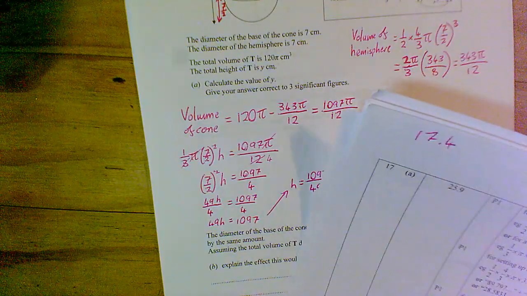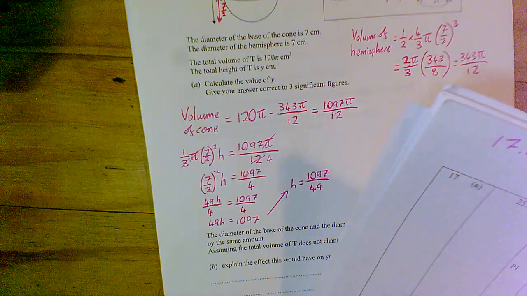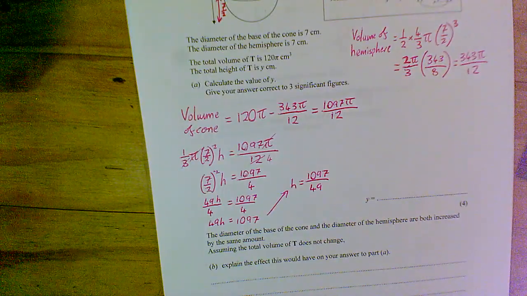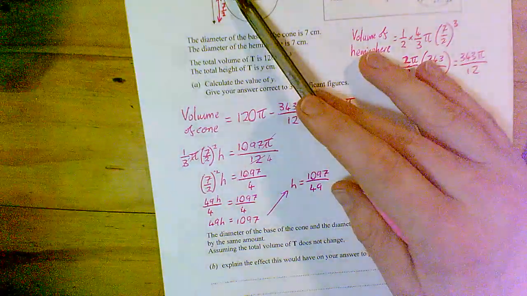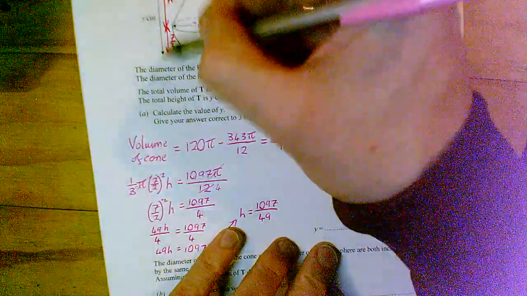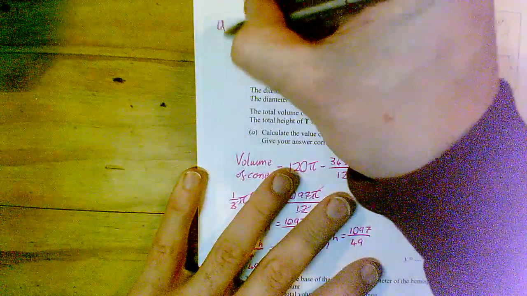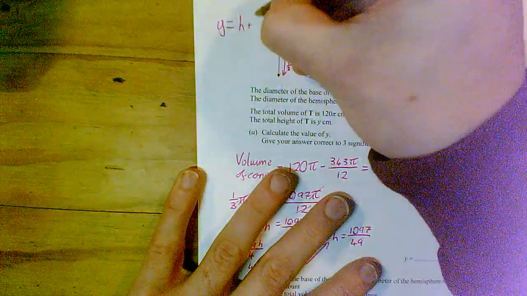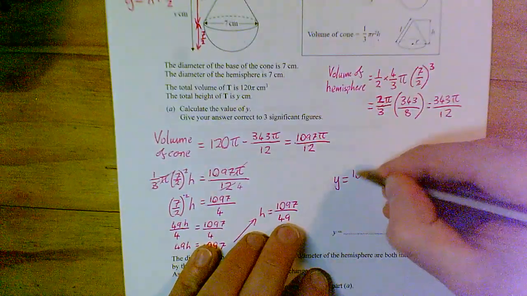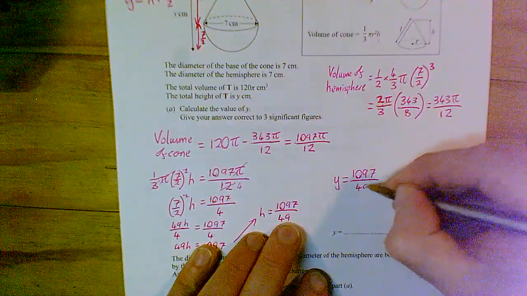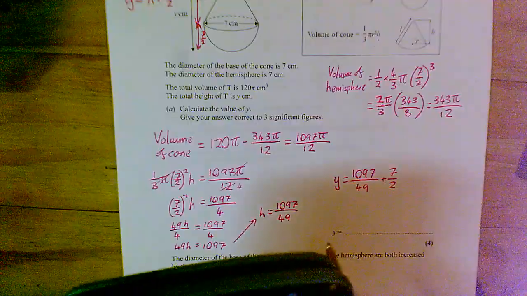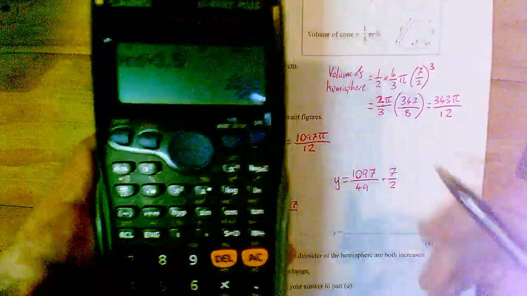Just checking I've got that right according to Mark's scheme. Okay, great. So that's h, and that's correct, which is roughly 22. However, I'm having to find out y. Now I worked out up here, y is h plus 7 over 2. So I've got to do 1097 over 49 plus 7 over 2. So that plus 3.5, which gives me